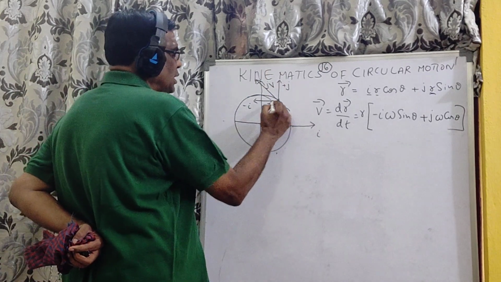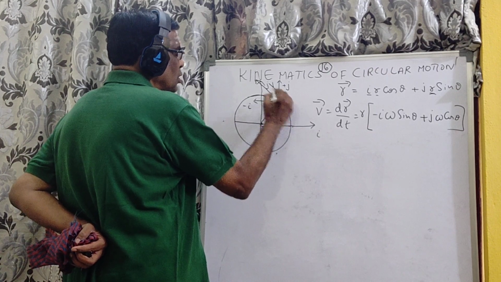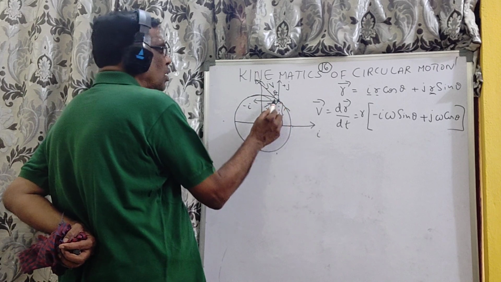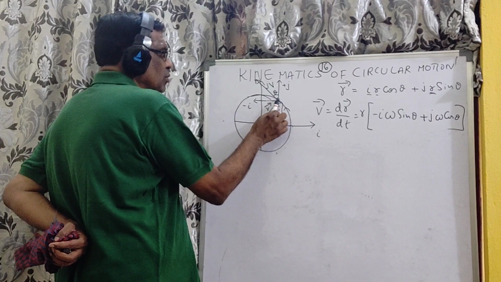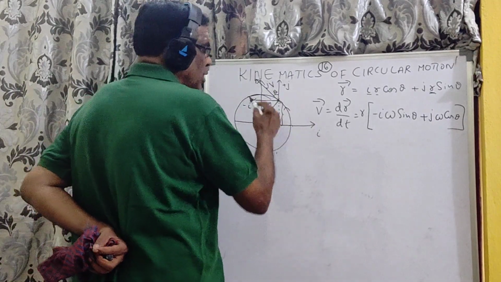And if this is theta, this is theta, therefore that is theta. So V, if I want to resolve, how do I get? V cos theta minus i, V sin theta plus j. If I resolve that,